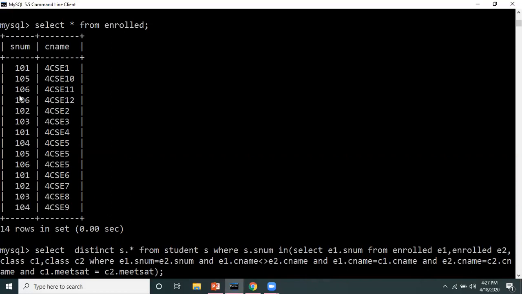So if you can see for 101, CSC1, 101 CSC4, 101 CSC6, correct. Both conditions are satisfied. Similarly, 106 CSC1, 106 CSC12. So both conditions are satisfied. Like this, we have to take. And E1.CNAME is equal to C1.CNAME.